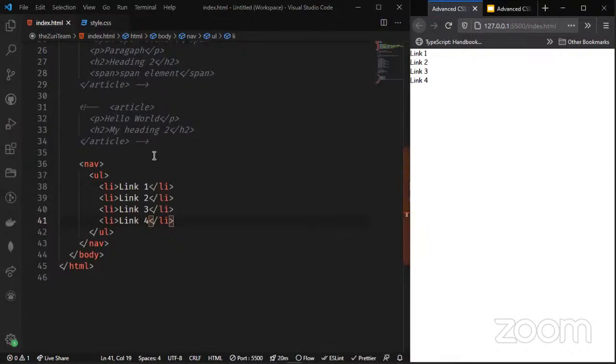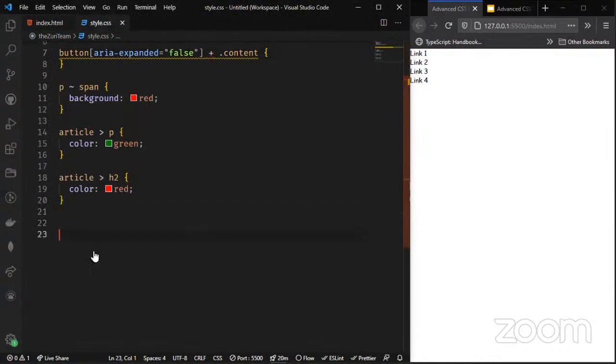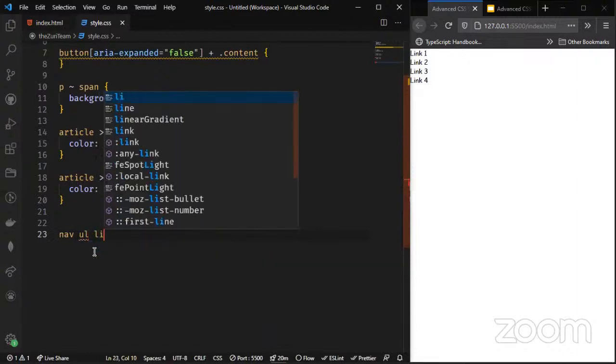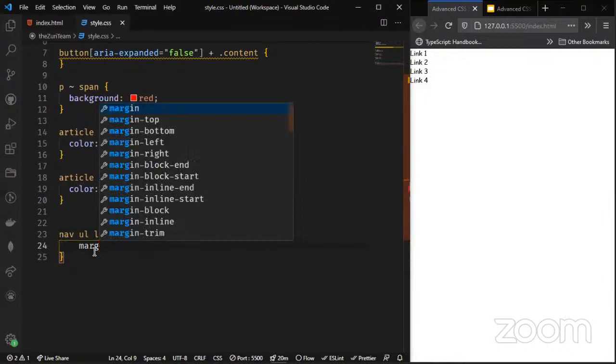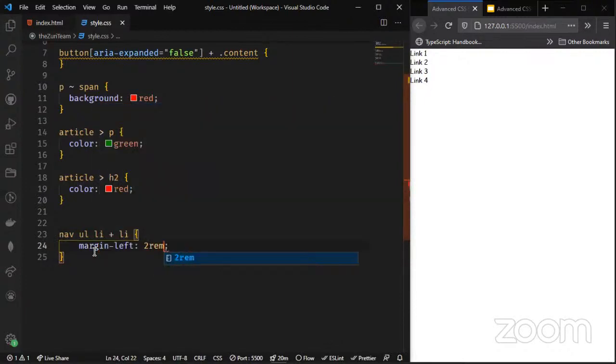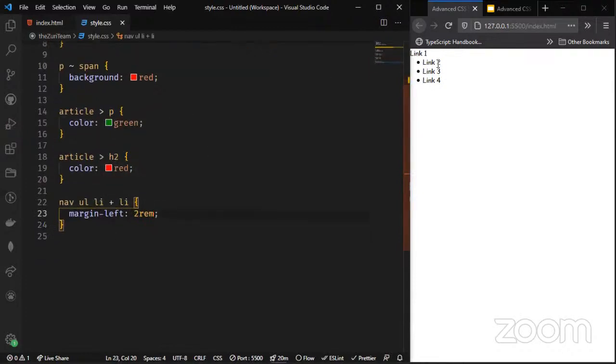Now, for us to make use of this adjacent sibling selector, remember we said that we use it to style elements that directly follow the preceding or prior defined elements. So now I have to come to my CSS. I have something like my nav, which I declared earlier in my HTML, then my UL tag, the LI tags, and then plus LI tags. I want to have a margin left of 2 rem. Fine. You can see that the adjacent sibling selector selected only the elements right below this,